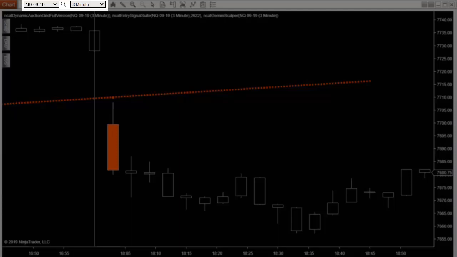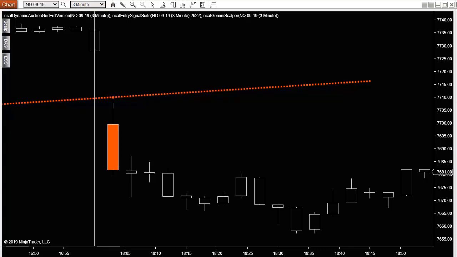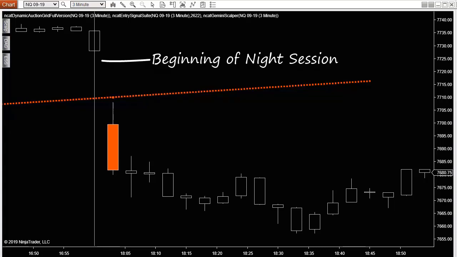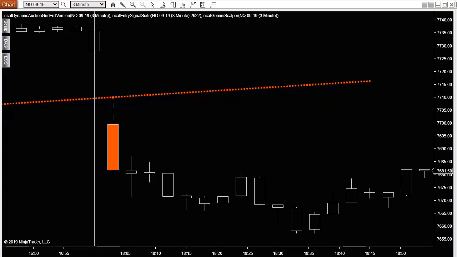So here I apply the Gemini Scalper to a NASDAQ 3-minute chart. And we'll look at this right here in the night session. The white bar here on the left inside is the beginning of the night session at 6 p.m. Eastern Standard Time. We see right at the beginning of the night session at 6:30 that we get a short entry signal for the Gemini Scalper. And we would short the market right around the 78.60 level right here to grab a quick $200 gain